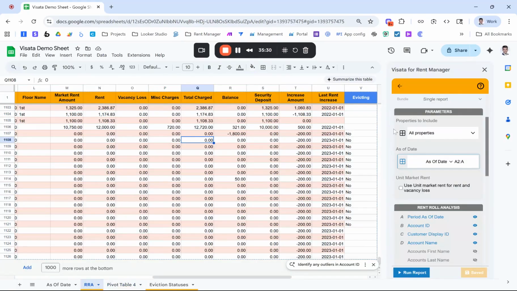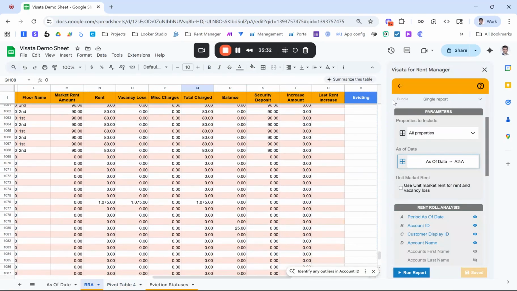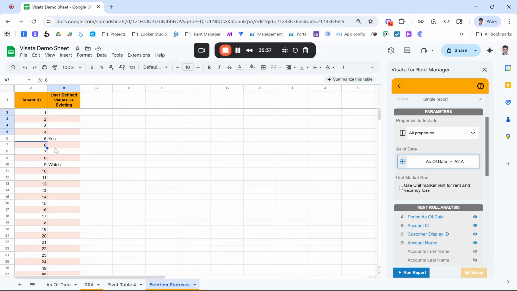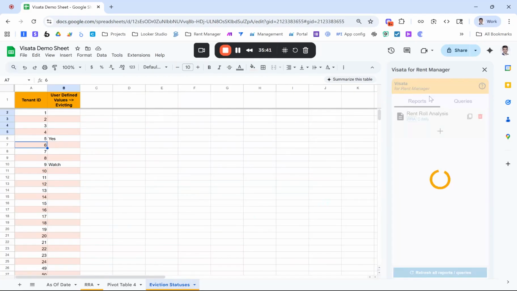Now, one thing I want to mention is that we set up this report right here to refresh, but we would also want to make sure we set up this eviction statuses query to refresh daily as well. So we would go back over to here, switch over to queries, and you can see this one is not set up to refresh. We'll open this up, and again, we have to wait just a second while it loads